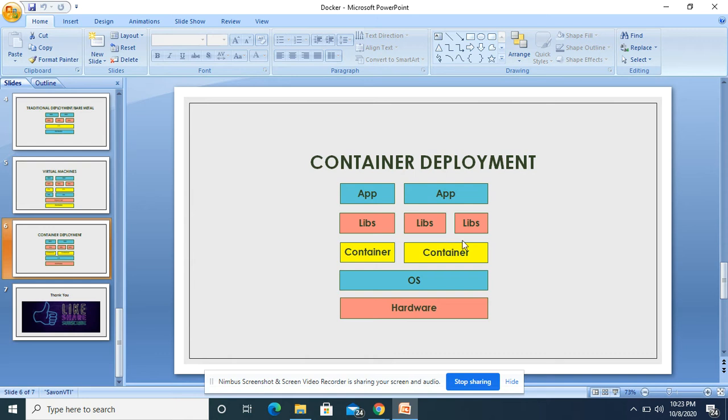Multiple containers can be created, and inside these containers, if an application requires 120 MB or 50 MB or any space, it will capture only that part. We don't have to set up the whole operating system inside a single container. It only contains your libraries along with the application. So it is lightweight. It does not capture much memory, and it becomes fast in access.